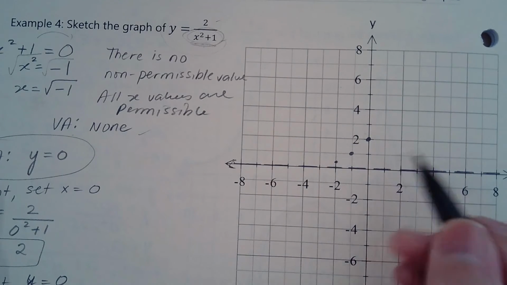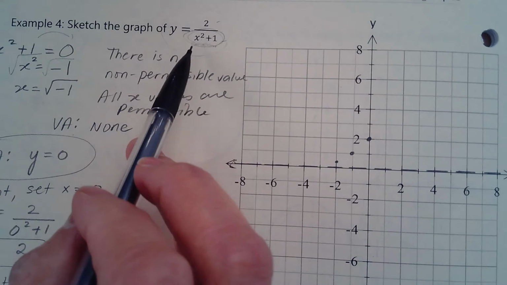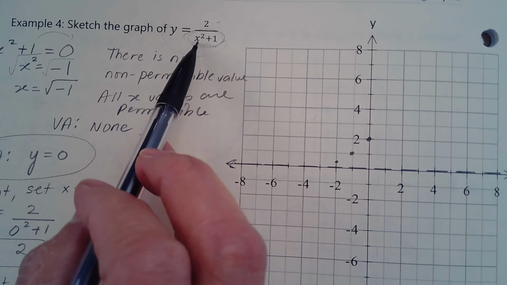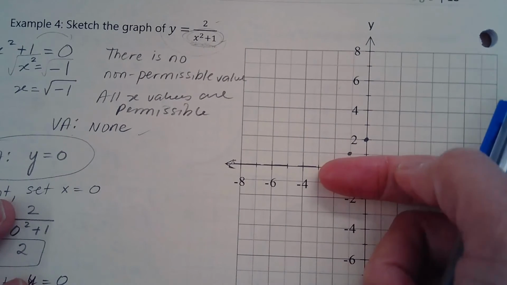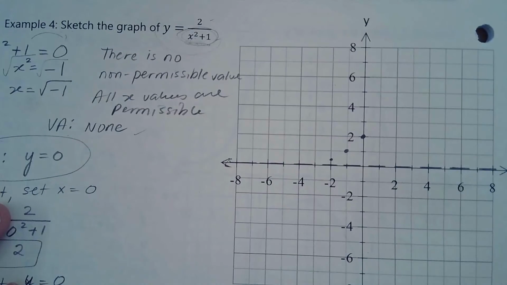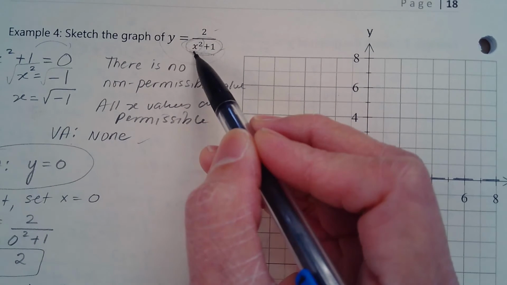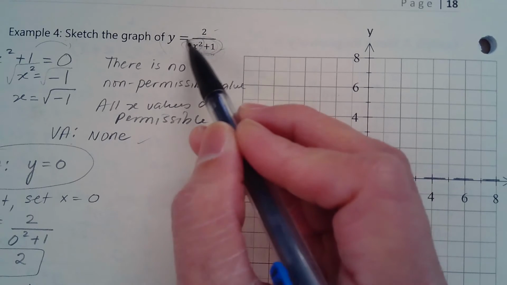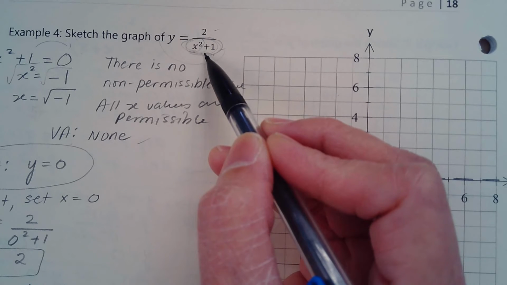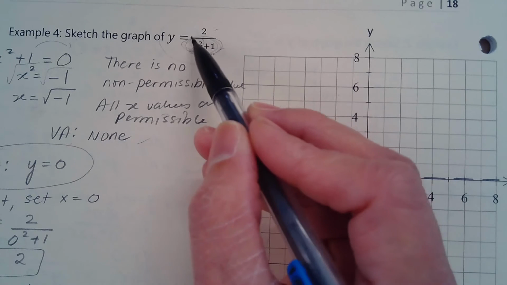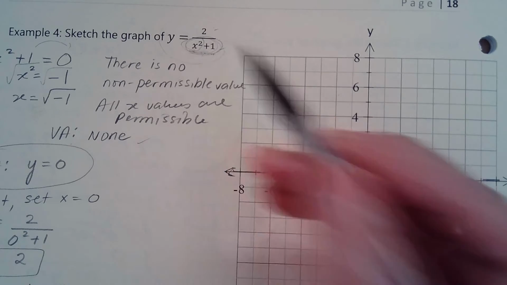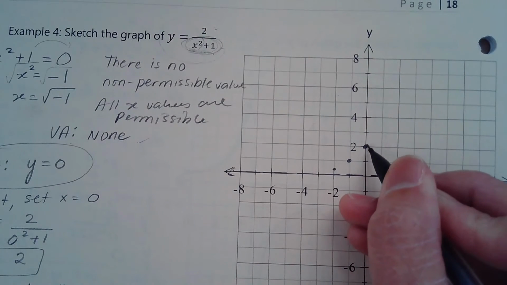Okay, let's see what's happening there. If we keep going this way in x, if we square that, the denominator will always be positive, but it gets really big very quickly. So 2 divided by a huge positive denominator is going to end up with a